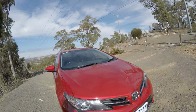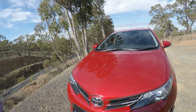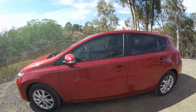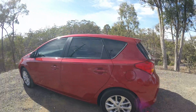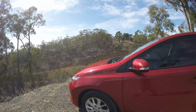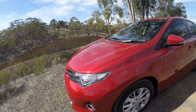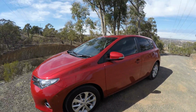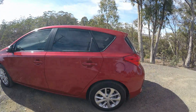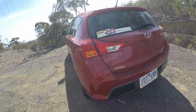I've just got back to Australia 3 days ago on the Wednesday, and I picked this up on the Thursday, and I've been pretty happy with how it's driving. Absolutely love it. It's by far the best car I've ever owned. So it's a 2014 model. It was first registered on the 24th of December 2014, so it's still got the best part of 2 years